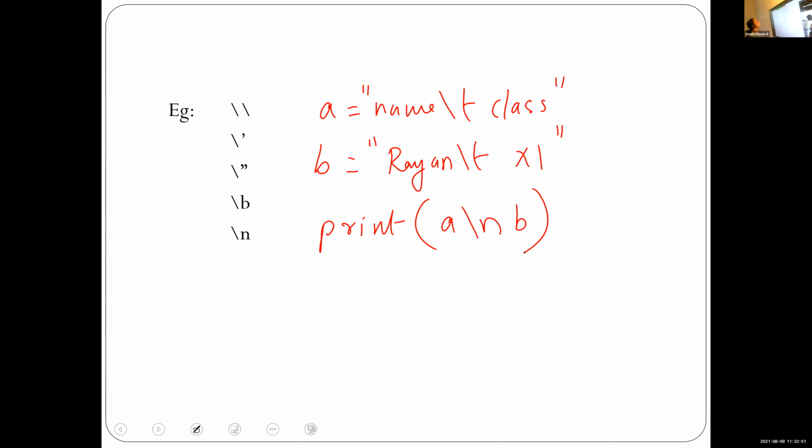Here I am using the first statement, A. What is the output if I use a statement like print A? Print A, what is the output, Anaga? It is name space class. Then another statement, print B.